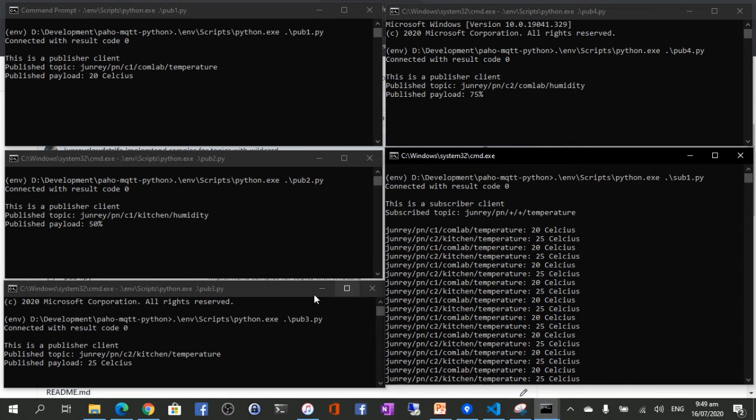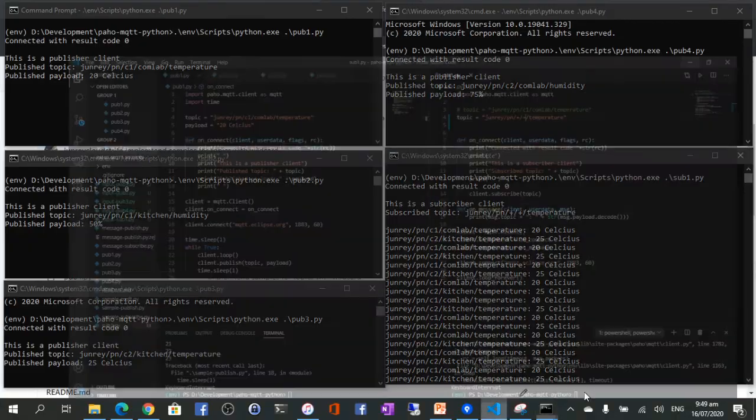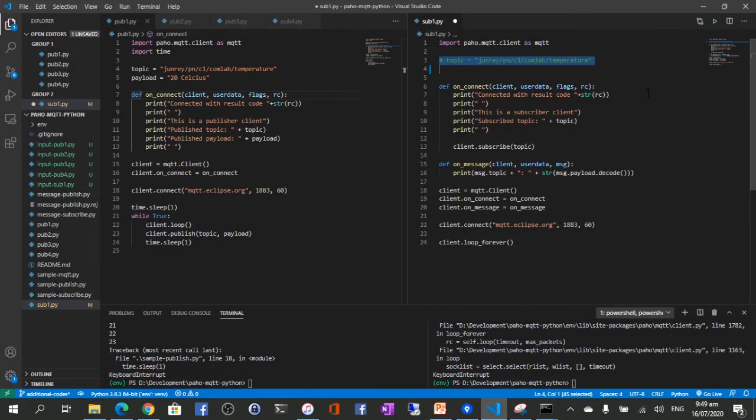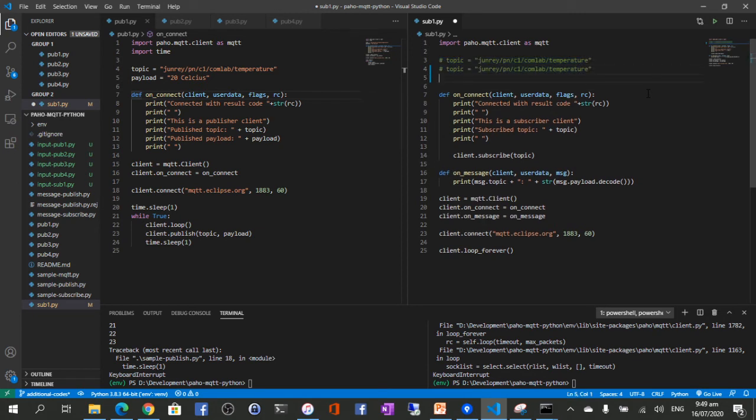So to do that, if I want to subscribe to both kitchens, okay, I'll take that out, copy, paste, and then I'll put here kitchen, and then we'll replace C1 with plus, and the temperature also with plus.